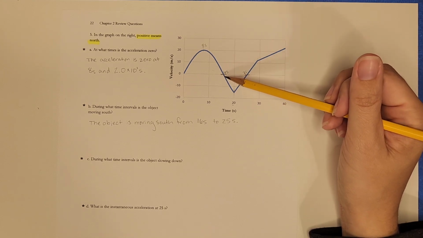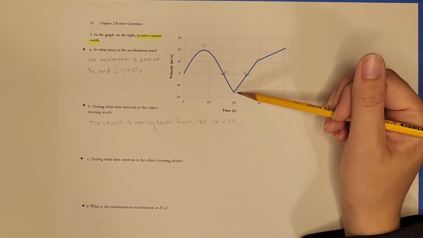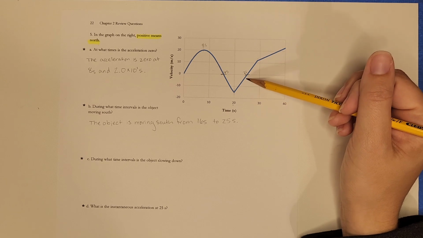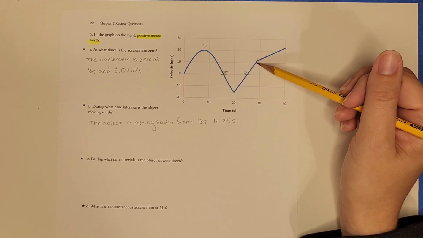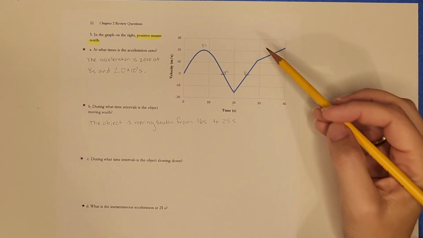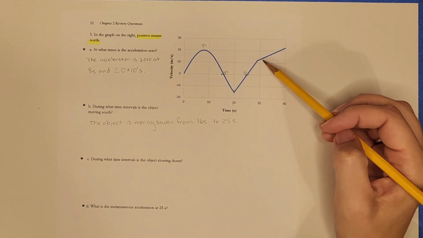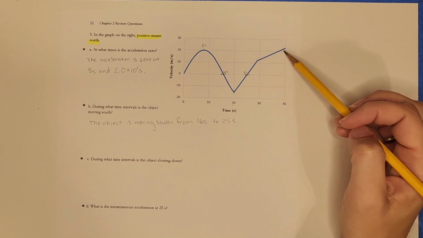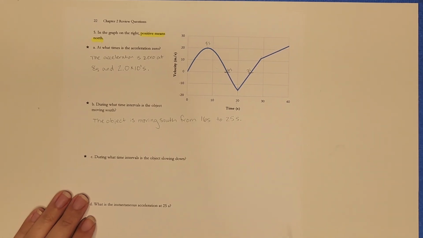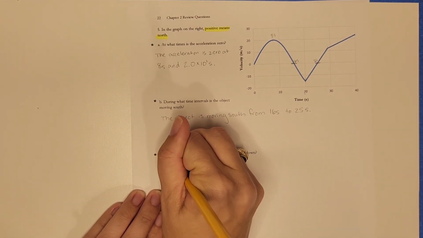So this object is moving in a southerly direction, but it is slowing down here and about to start moving in a northern direction again once that velocity goes above 0. Then from 25 to 40 seconds, the velocity is positive again, and the acceleration is also positive. The slope is also positive. Okay? So the answer from this is the object